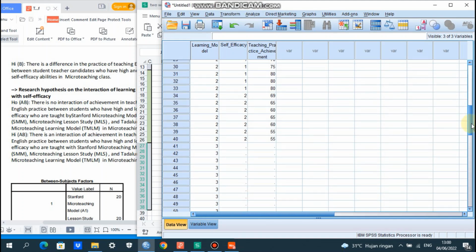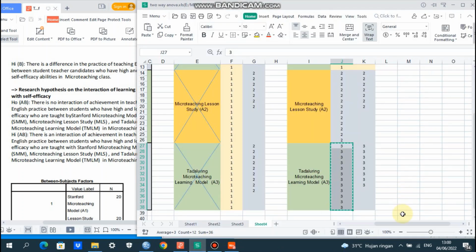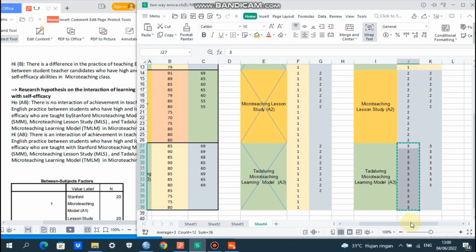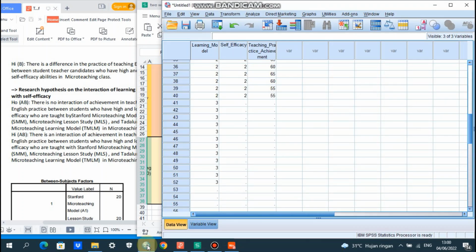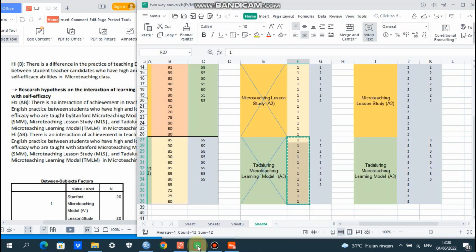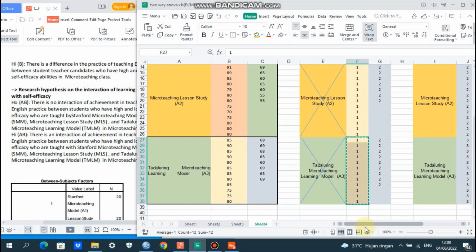After that, we copy the code for high self-efficacy in the Tadaluring micro teaching learning model. The code for high self-efficacy is 1. We copy it and paste it in SPSS. And next we copy the scores of high self-efficacy in the Tadaluring micro teaching learning model.